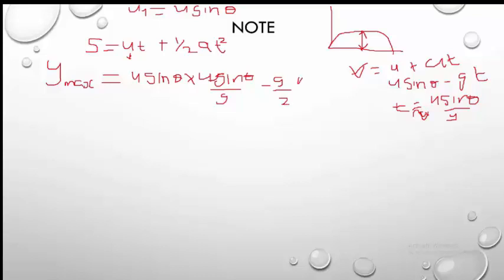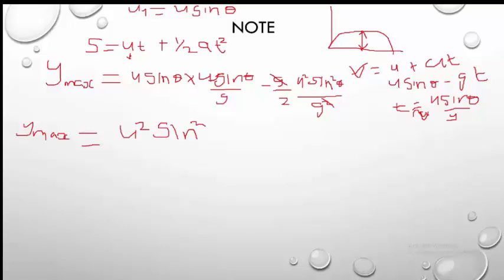So it will now be u square sine square theta over, because I have g there, that will be g square. So this g will definitely cancel this g. So I will now have my y max to be equal to u square sine square theta